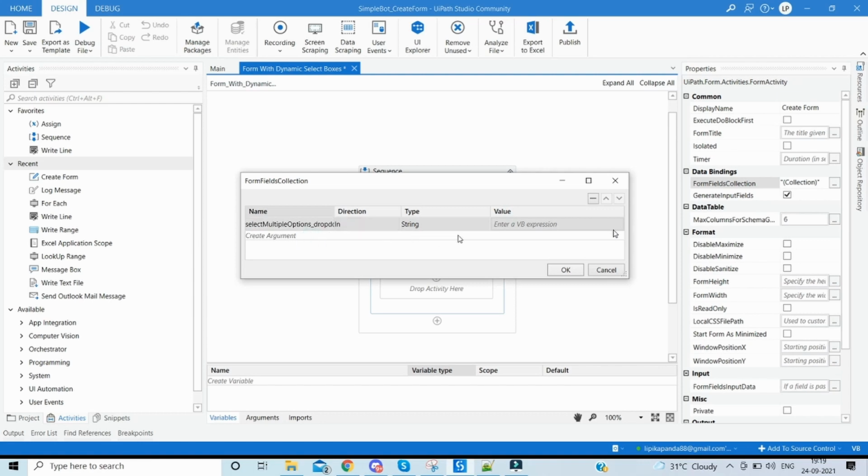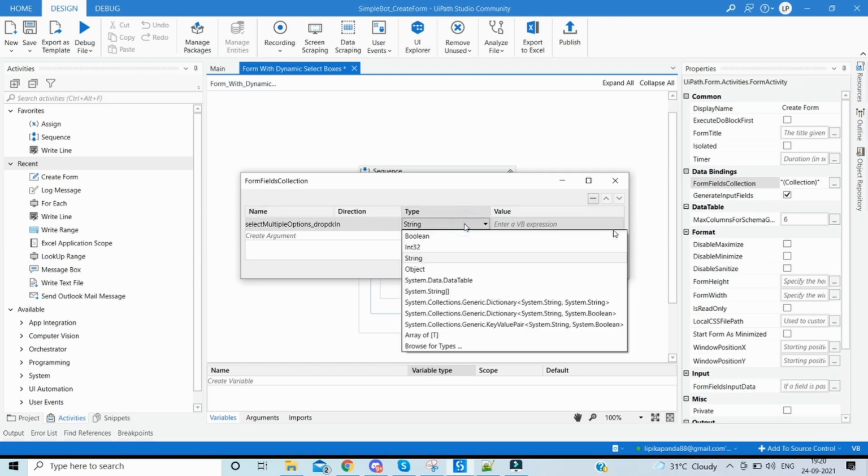The direction will be in, and again here we can have it in two ways, either through a dictionary or through a list of strings, similar to the radio buttons. So you can also refer to the radio buttons dynamic data binding video, which will be flashing now, to see both the methods.